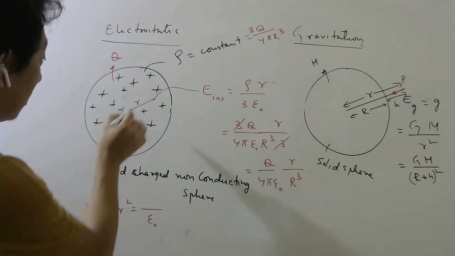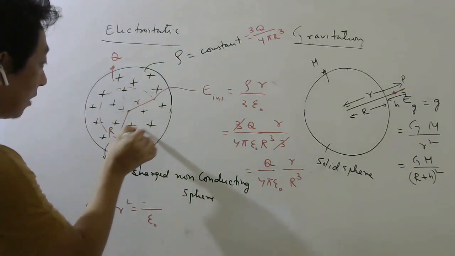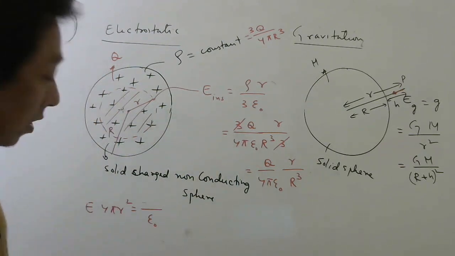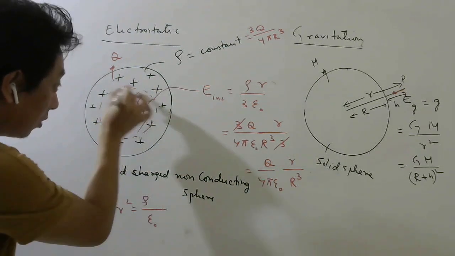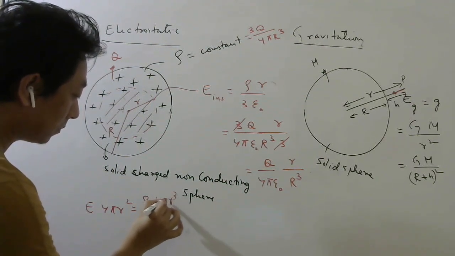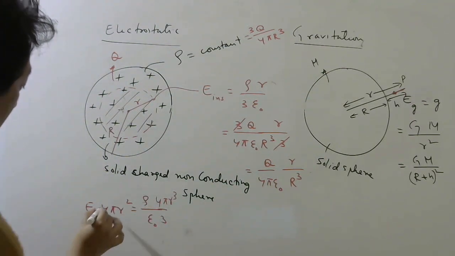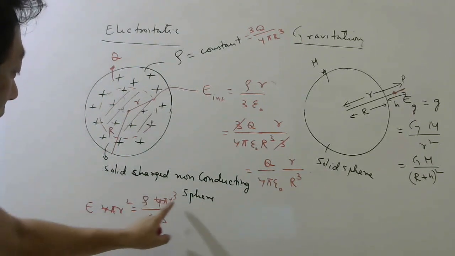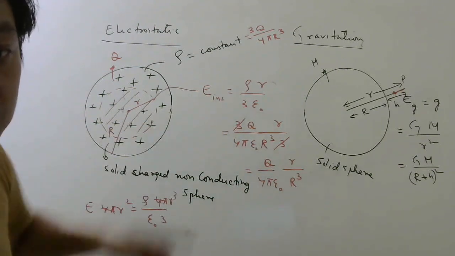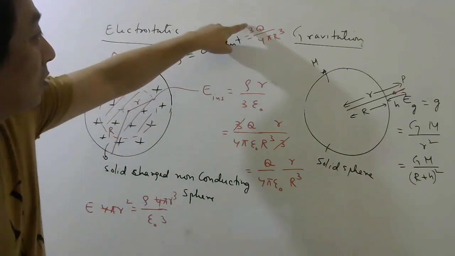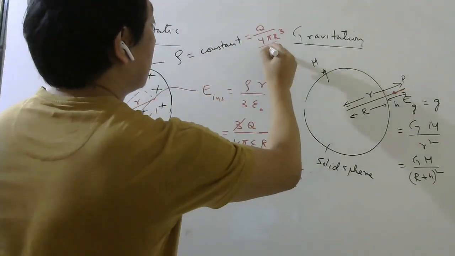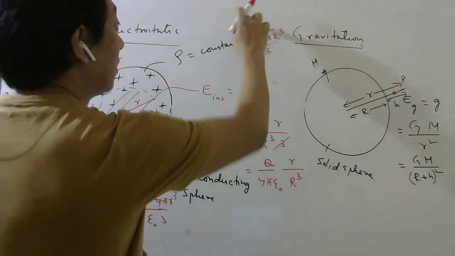And then I want to write this as charge inside by epsilon naught. Charge inside, only this, only in this charge I have to calculate. Only this is inside, no? So inside this only, I have to multiply density with only this volume, 4 by 3 pi r cube. Then you can see 4 pi will cancel, r square will cancel with one r from the r cube here, so r will be left. Then you will get this formula. Then you can write density as total charge by total volume. Actually volume will be 4 by 3 pi r cube, right? So that 3 will go here.